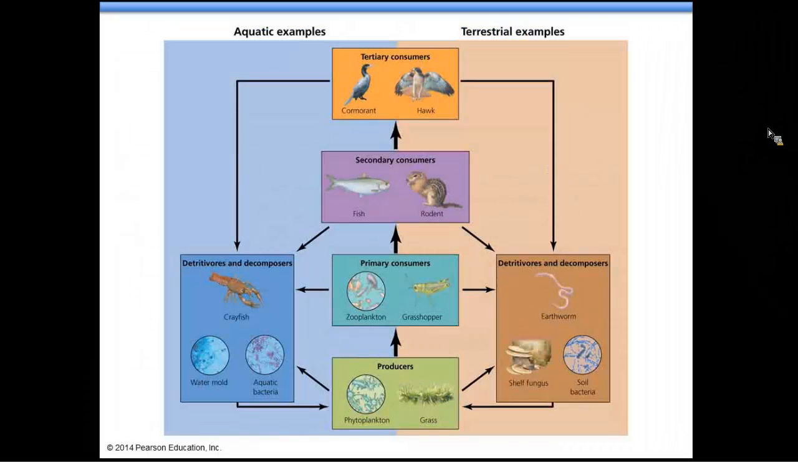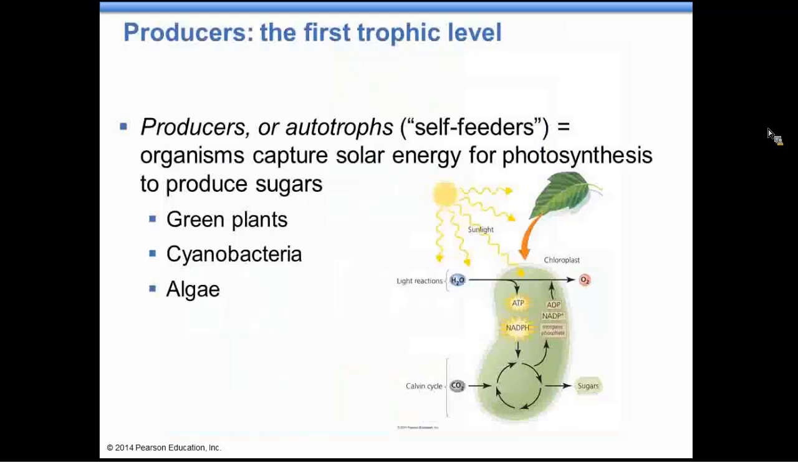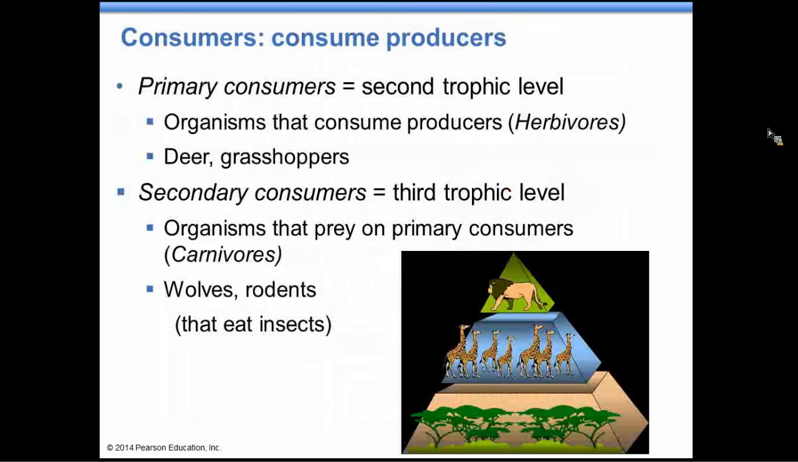And here's just an example of aquatic and terrestrial examples of different trophic levels. We have detritivores, decomposers, and producers, and primary, all the way up to tertiary consumers. So the first level, the producers, are autotrophs or self-feeders, and these comprise the first level. The next level are the primary consumers, and most primary consumers are herbivores because they consume plants, which are usually